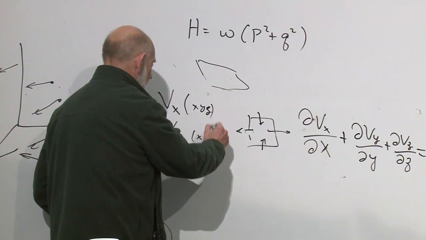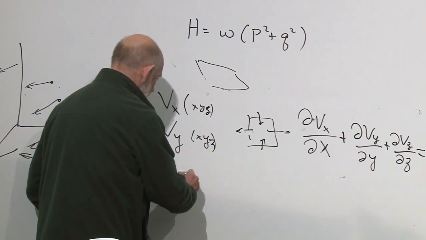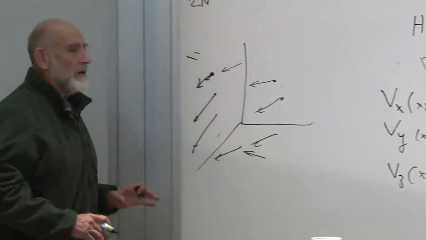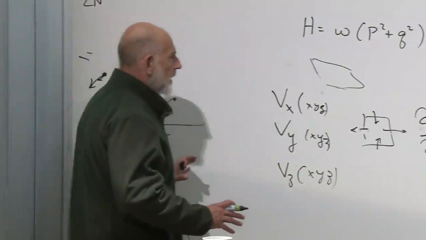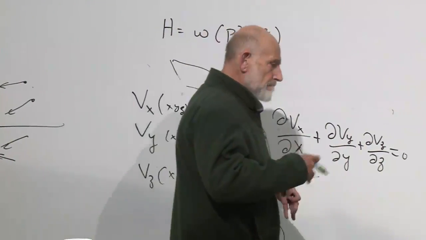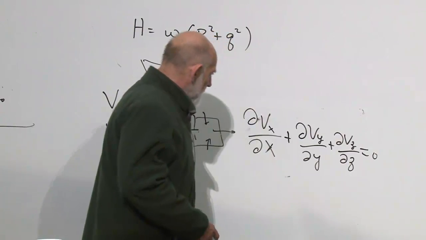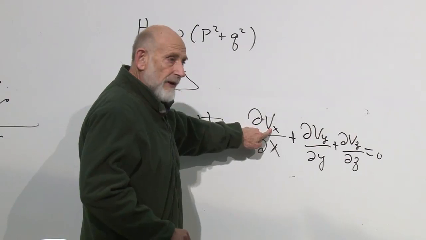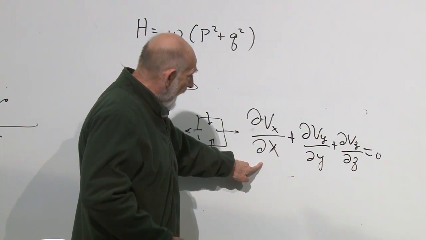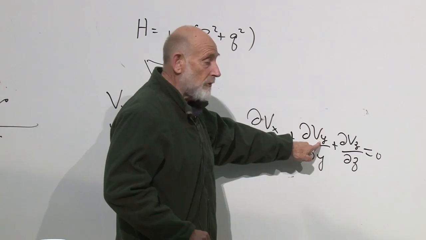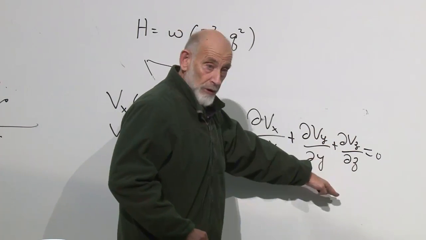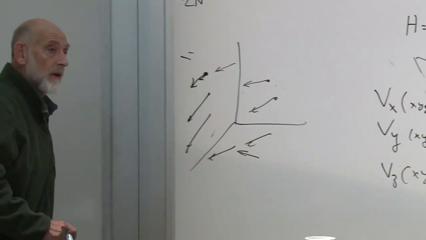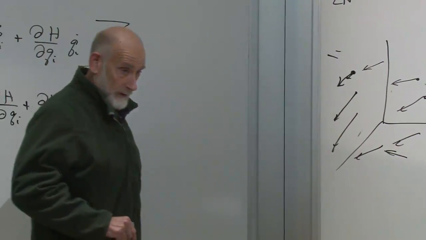Let's get these 3 coordinates now. Vz. And that's the condition that the flow of the fluid is incompressible. Now, this quantity, the derivative of the x component of a field with respect to x, plus the derivative of the y component of a field with respect to y, plus and so forth, has a name. Everybody know what the name of it is? The divergence of the vector field.